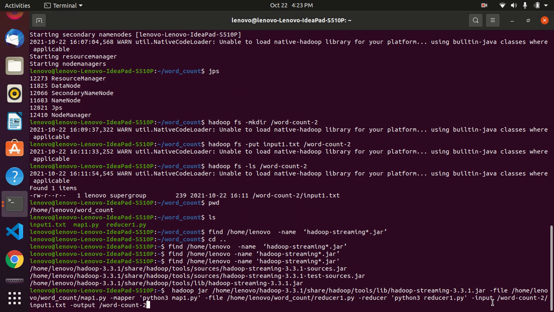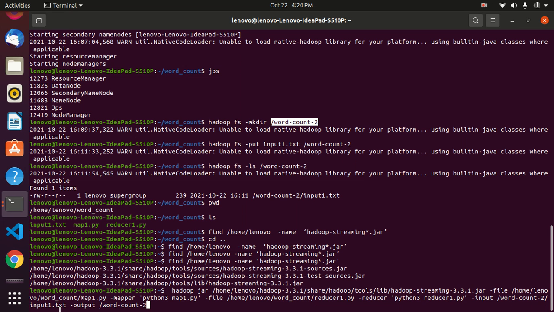Then we give space and -input. Initially for the mapper and reducer we give the local system locations, whereas for input and output we give the HDFS location. So for -input, this is our word count directory in our HDFS: /word-count-2, and in this directory the input1.txt is the input.